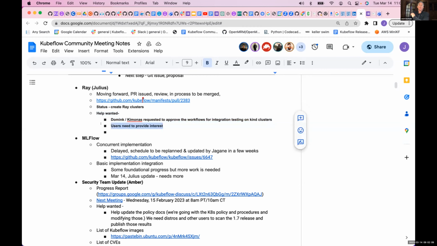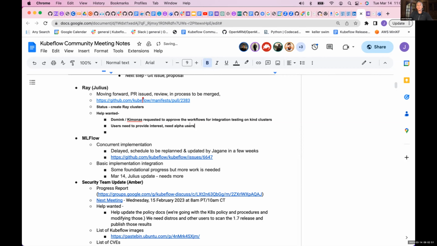And is there anywhere that we can have users that might come in and comment on this or provide interest? Do you want them to provide that on the issue that's open? Like maybe they'd be potential alpha trial users or something? Yes, I need to find the original issue again, but I think there was one. Maybe you know it, and maybe I could link the PR there. Yeah. So we'll go back and see if we can find some alpha users.